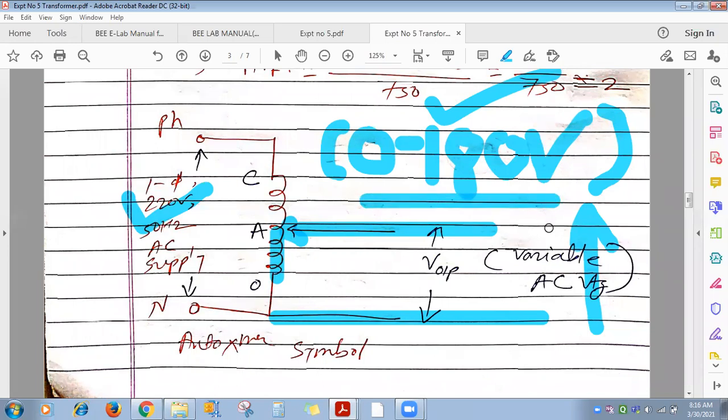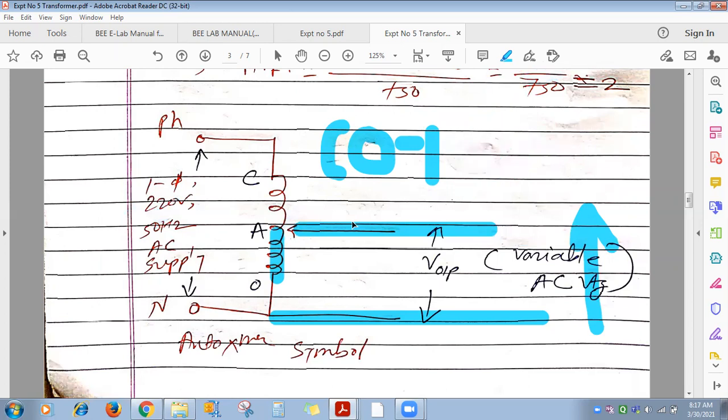0 to 180 volt means 5 volt, 2 volt, 10 volt, 15, 20, 50, okay, 75. Any voltage up to 180 volt you will get across these two output terminals. So you are getting variable output voltage across these two output terminals, and that's why it is called variac also. Demonstrate auto transformer variac. What is its application? Clear? Everywhere available is fixed voltage. So whenever you want to apply variable AC voltage, go for auto transformer. Auto transformer application clear?